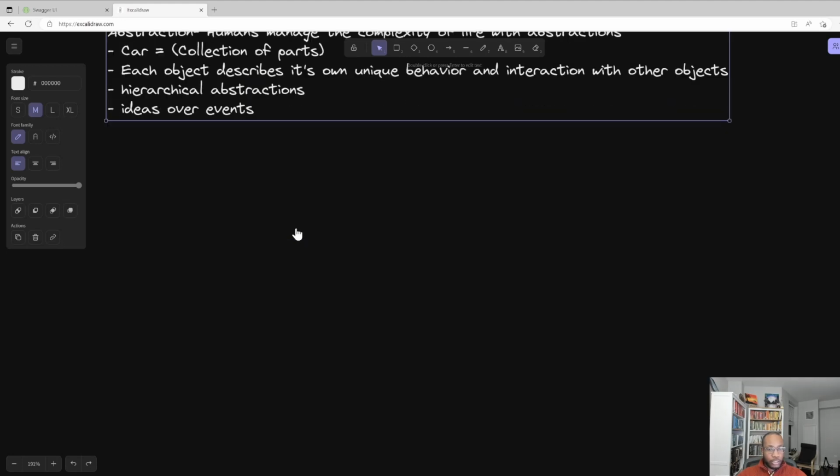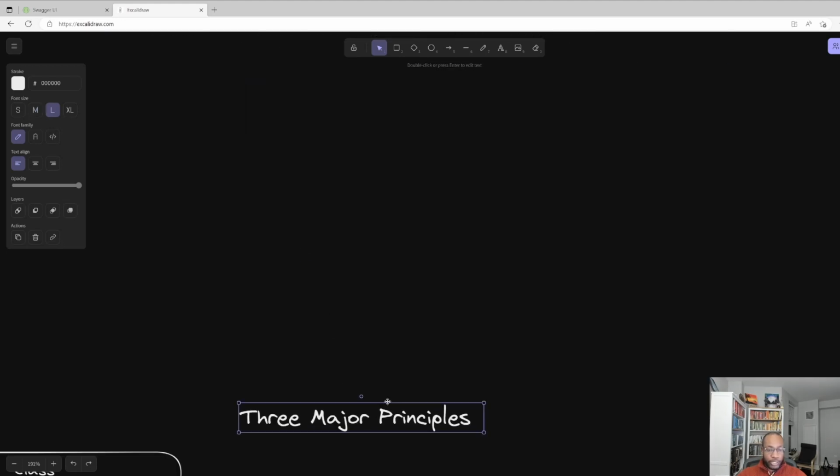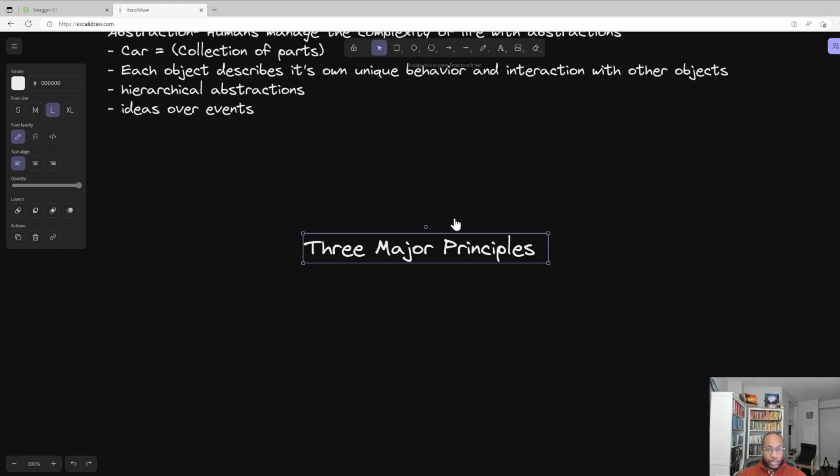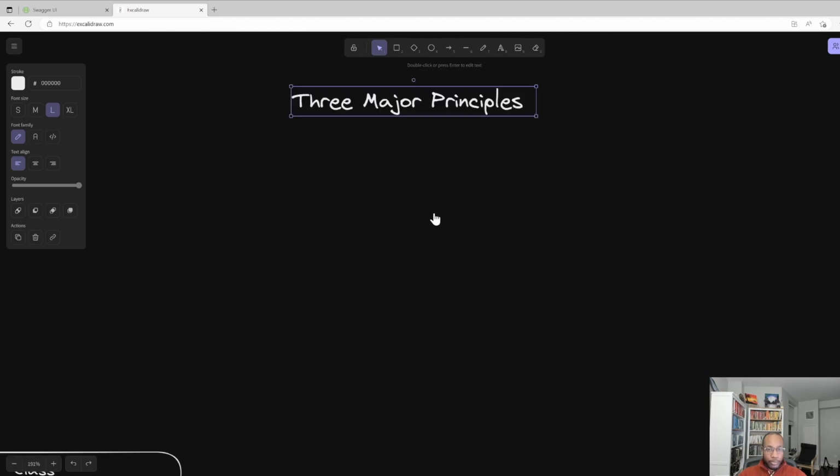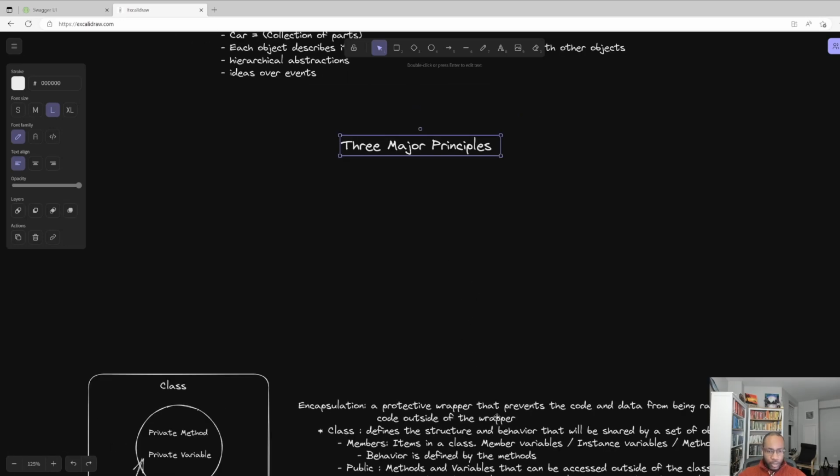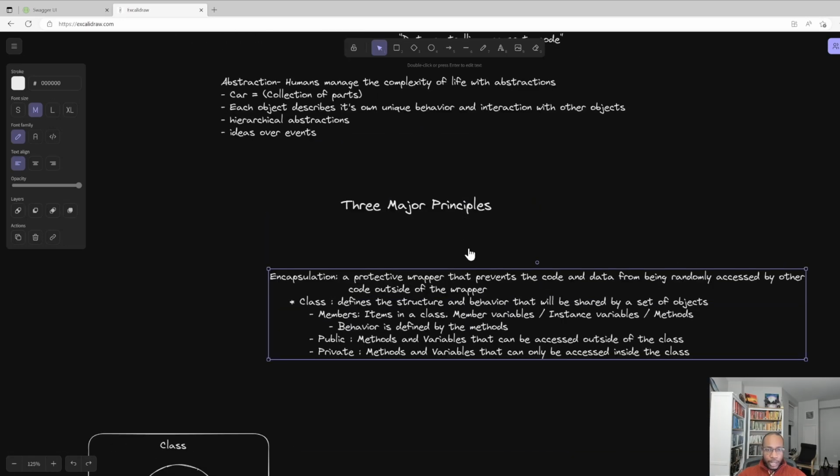So now we're going to look at three major principles of object-oriented programming. These three principles underlie a lot of the discussions that we have, and I think it's important to understand these fundamentals because there are a lot of complex things that are built off of these fundamentals. So the first of these that we kind of touched on was